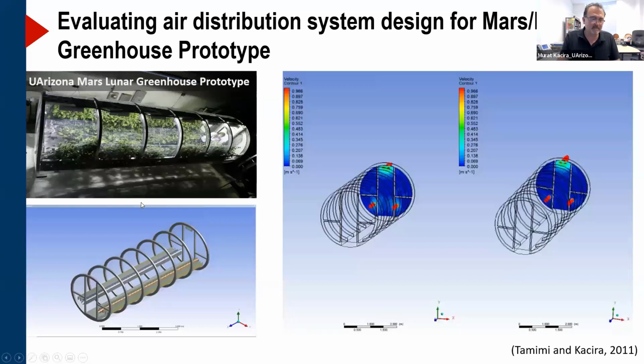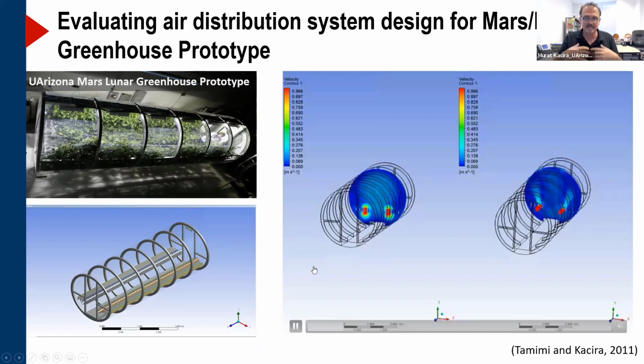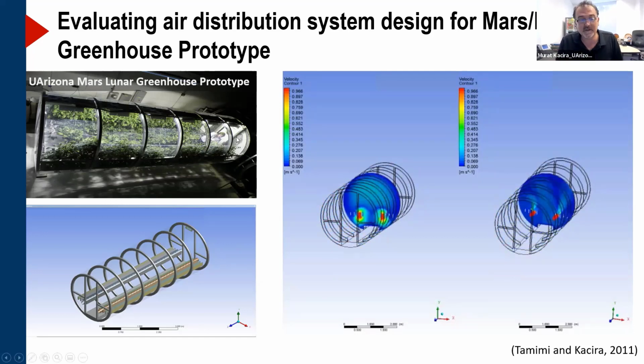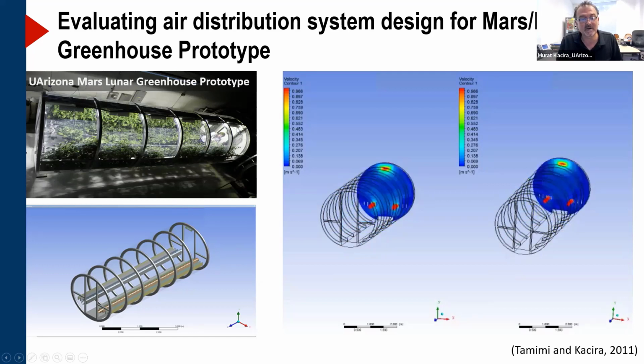And here's another study we performed with our Mars lunar greenhouse system. This is another unique indoor chamber that aims to demonstrate biogenerative life support system application for crop production, for edible food production, water harvesting from the air, as well as oxygen generation. Our earlier designs with this Mars lunar greenhouse system incorporated an airflow unit that was short-circuiting, the inlets and exits being on one of the walls at the entrance of the chamber,